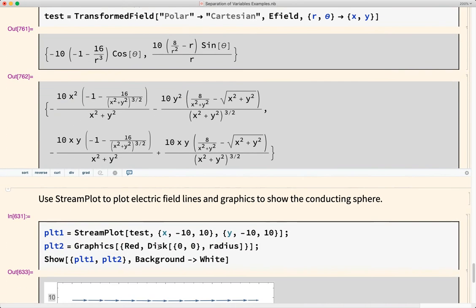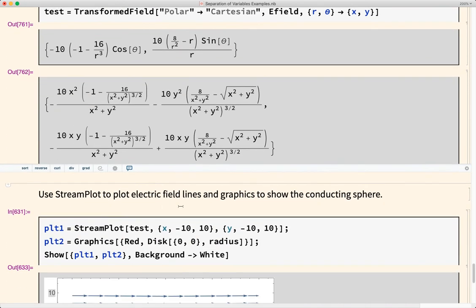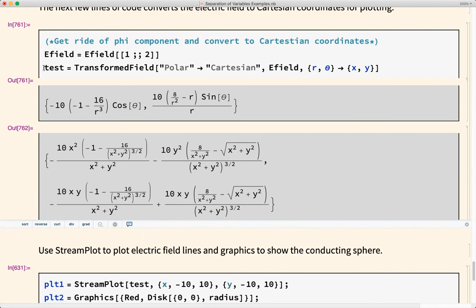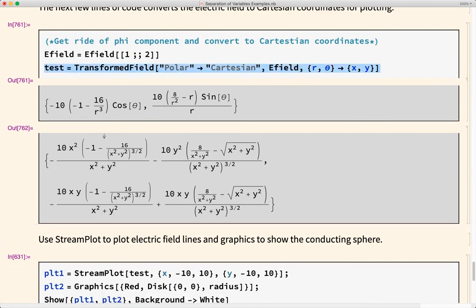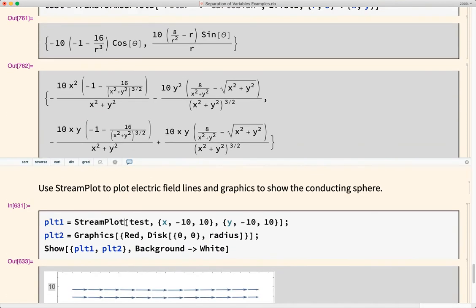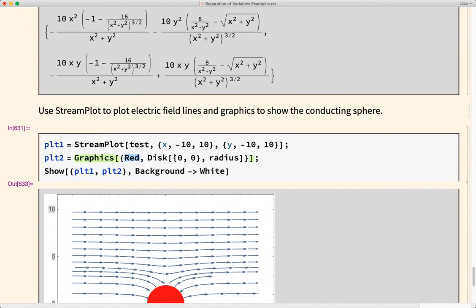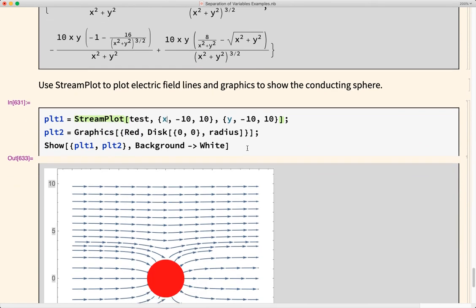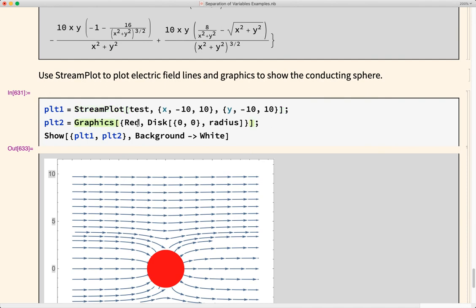Now I can use something called StreamPlot to plot the electric field lines. And all it really needs is a vector electric field in order to do that, or a vector field. It doesn't have to be an electric field, but some vector field, which I've defined here, giving the lengths of the vectors at different points in space. Okay, so I plugged that in, and then I gave it the range that I want it to plot over. So from X equals -10 to 10, Y equals -10 to 10. And then this bit just puts a disk at the middle, which represents the